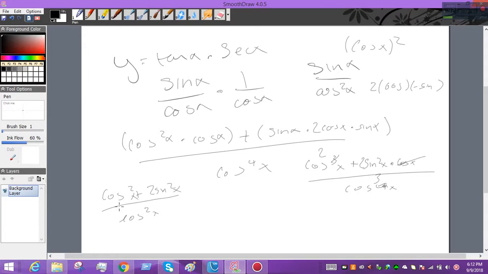Here, I know that we already have cosine, so I'm going to change this using our trig identity, sine squared equals 1 minus cosine squared. So we get cosine squared of x plus 2 times 1 minus cosine squared of x, all that over cosine cubed, right? So that's 2 minus 2 cosine squared of x, right? So those cancel out, and you get negative cosine squared x plus 2 over